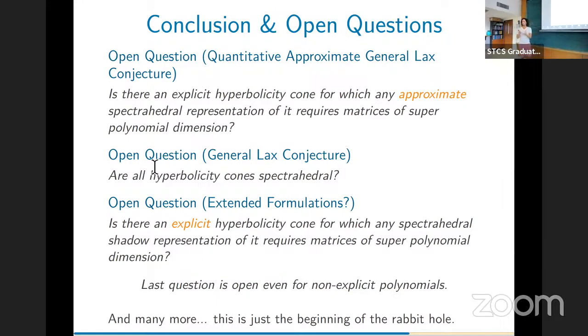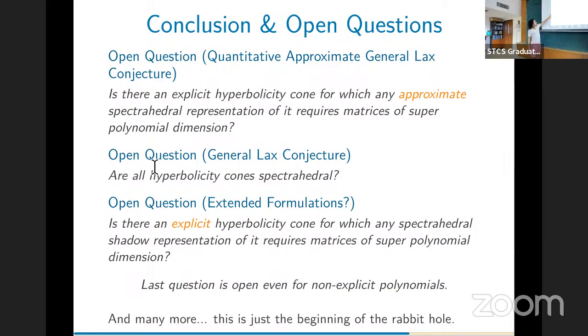And this is what the optimization people really care about, right? Because with any approximation, you're like, okay, the world is not perfect, so I can work with any approximation, right? And that would be good. And we know this for non-explicit, right? We know that among a collection of hyperbolicity cones, there's one of them that's even hard to approximate. That's the work of Srivastava, Raghavendra, Ryder and mine. Okay. So this is the open question. Clearly that's still open. And again, even for spectrahedral shadows, it's open.